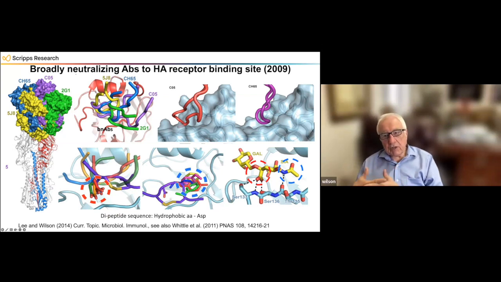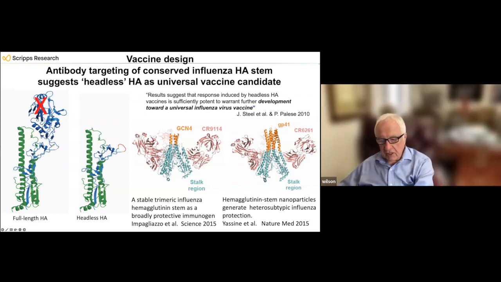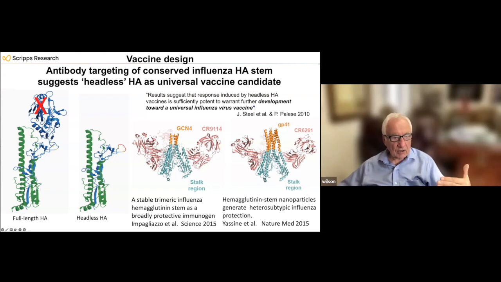So how could we use this information then to try to think of getting better vaccines and to go towards a more universal vaccine? So one of the simplest things to think of was that we don't want to target this hypervariable head. So if we could chop this head off and have a so-called headless HA, that could actually be a good starting point for a vaccine. This turned out to be a little bit more complicated to actually produce than one could have thought.